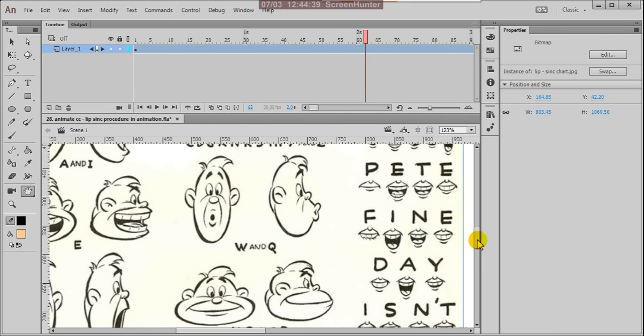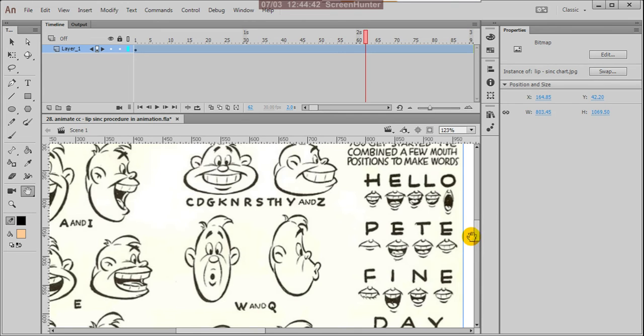Again E, T, and E, Pete, hello Pete. Fine, F: your upper teeth is touching the lower lip, giving pressure on the lower lip, F. I, see this, I, widely open. N and E, fine.